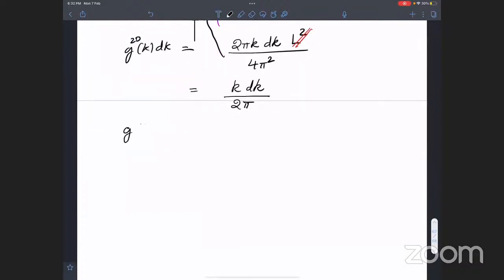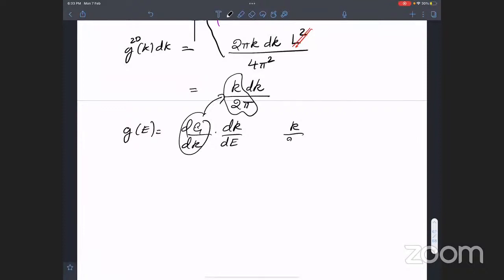Now I want to find g(E). So that is basically whatever this function is, dg by dk into dk by dE, chain rule of multiplication, right? And so what is dk by dE? dg by dk is this, no, just this part, k by 2π. dk by dE is